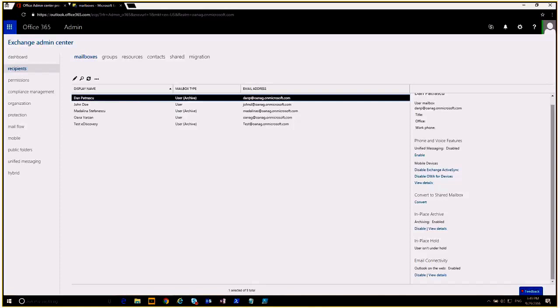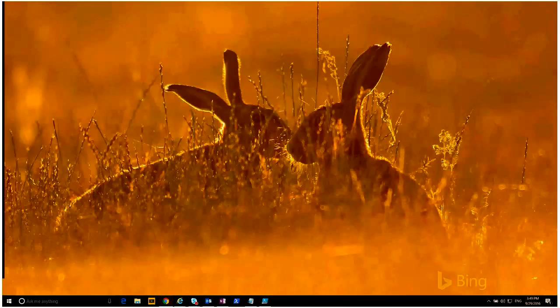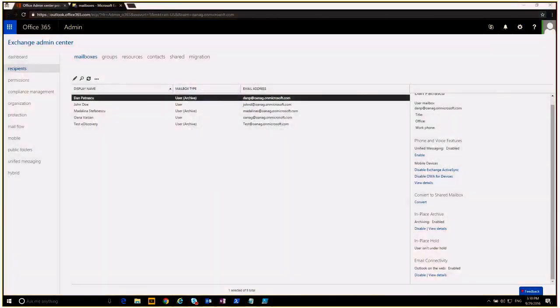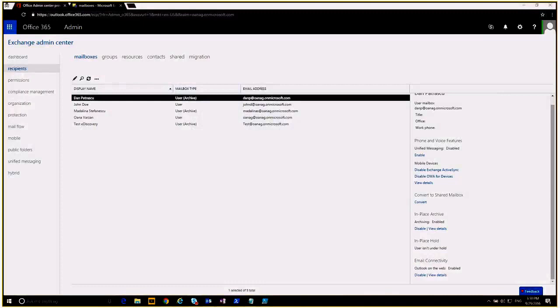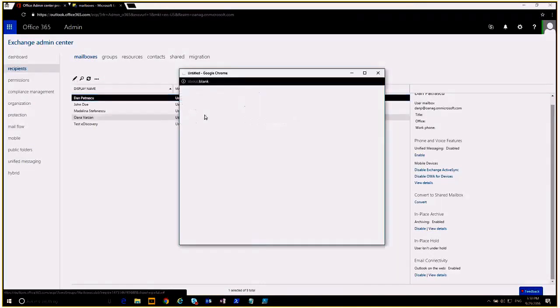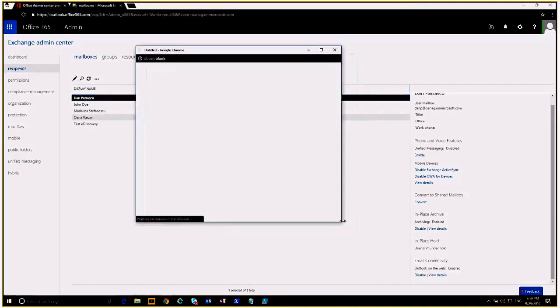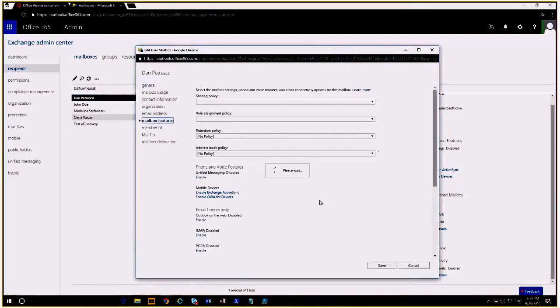But very often customers come to us and say, okay, but I am able to create an archive also if I have an Exchange Online Plan 1. And then we have to explain to them that yes, you can create an archive also if you have an Exchange Online Plan 1, but in that case, you will still have those 50 gigabytes of storage that now are shared between your primary